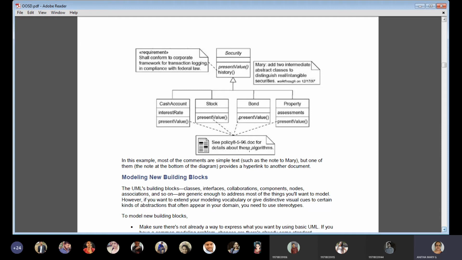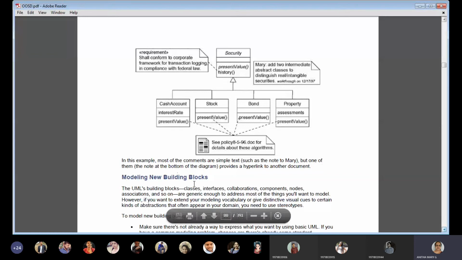And if it is more than 2 or 3 lines, then you can give a link, or you can embed a document or a link, and using that you can go to that document and read. It's not mandatory that you give only a few lines for a comment. So the first terminology we studied for note: it can be simple text, embedded URL, or link to a document. Anything in any form you can give. So that is the first common modeling technique.